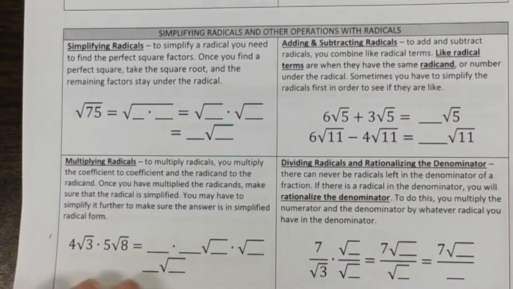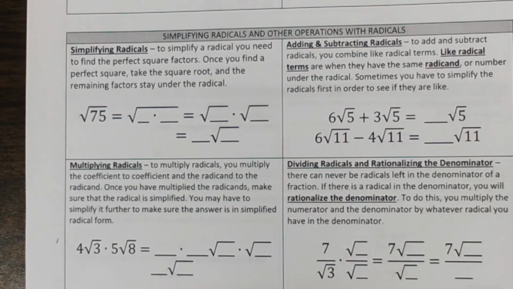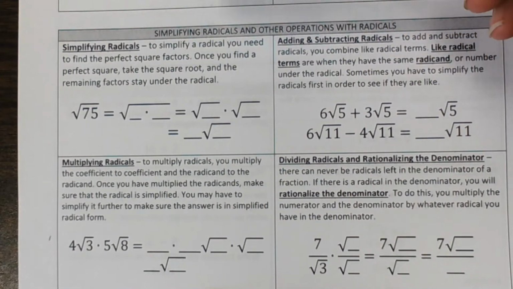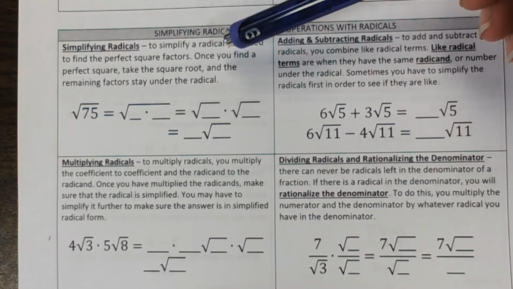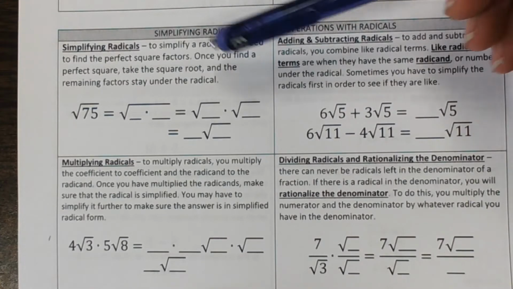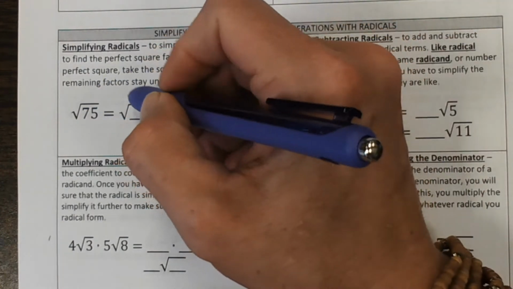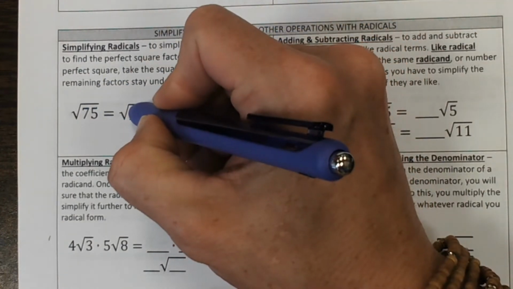Now, let's take a look at how we can use some of those to look at simplifying radicals and other operations with radicals. So when we're simplifying a radical, you need to find the perfect square factors. Once you find a perfect square, you take the square root of that factor, and then the remaining factors stay under the radical. So when we have the square root of 75,